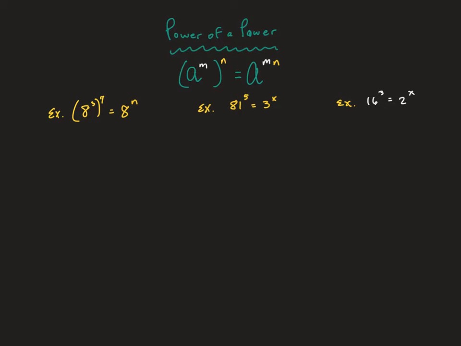A power raised to a power now. This was in that first example that we were doing when we were doing multiplication and adding the products, but I expanded it out instead of just doing the product rule. So here, in this first example, I have 8 to the 3rd raised to the 7th, and then equals 8 to some value. Well, if I go ahead and look at my rule, a power raised to a power is going to be multiplication. So that is the same thing as 8 to the 3rd times 7 equals 8 to the n, or 8 to the 21st equals 8